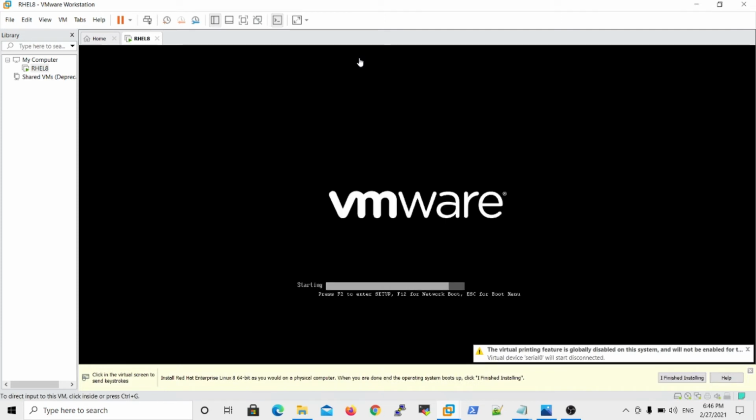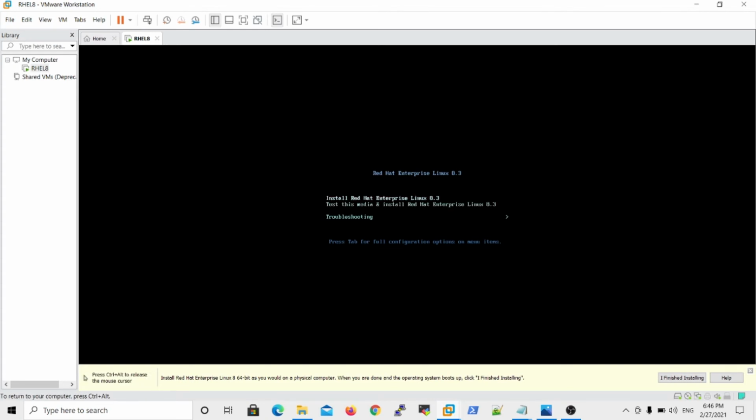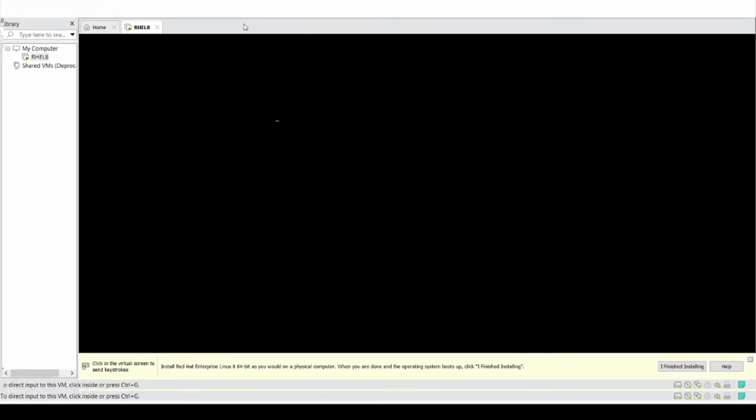Now we are installing the Red Hat 8 Enterprise Linux operating system under the new VM. Right? The first step is to select Install Red Hat Enterprise Linux 8.3. Enter. If you want a full screen, then here is the option, enter full screen mode.